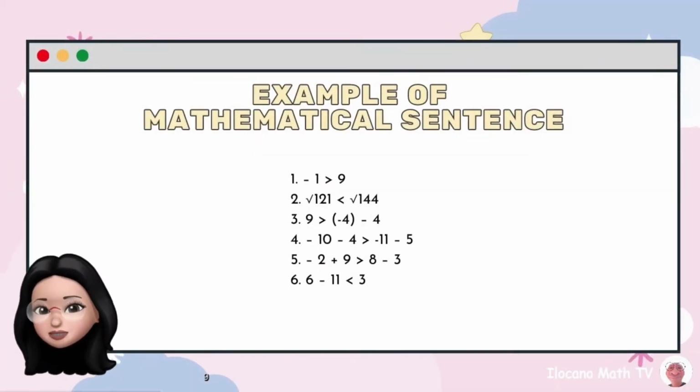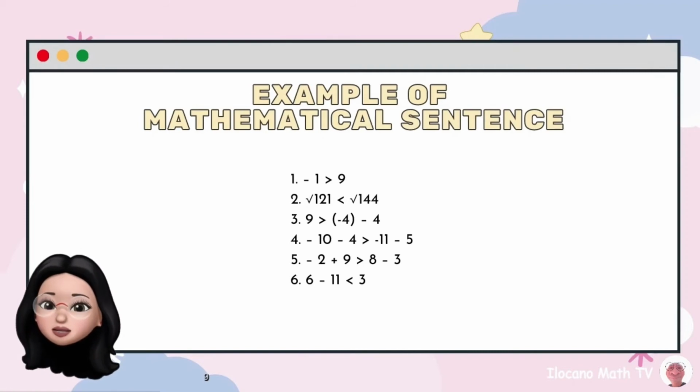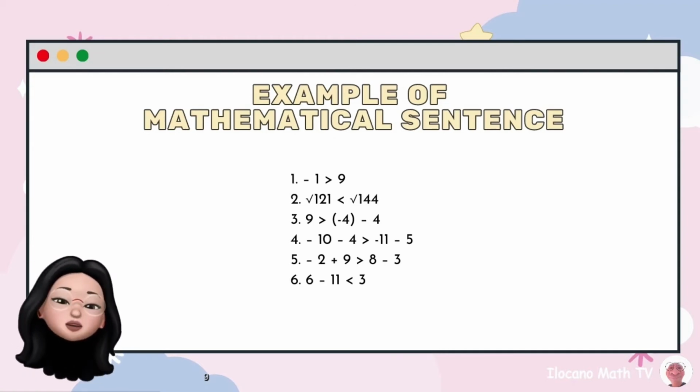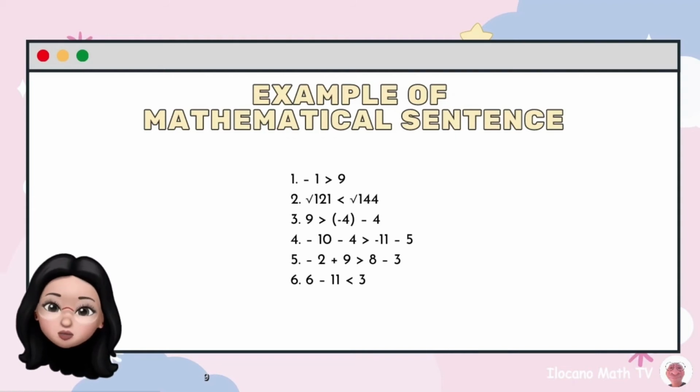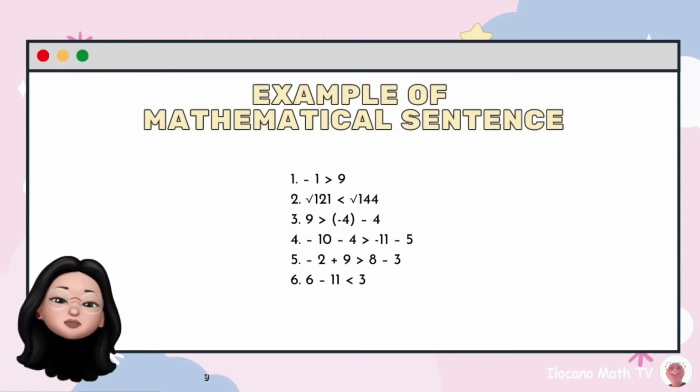Examples of mathematical sentences. Number 1, negative 1 greater than 9. Number 2, square root of 121 less than square root of 144. Number 3, 9 greater than negative 4 minus 4. Number 4, negative 10 minus 4 greater than negative 11 minus 5. Number 5, negative 2 plus 9 greater than 8 minus 3. Number 6, negative 11 less than